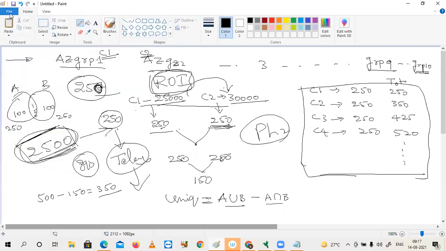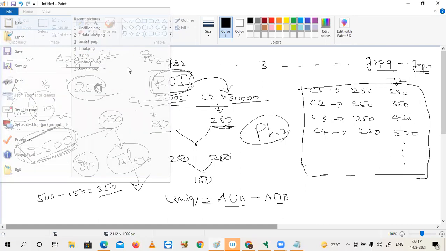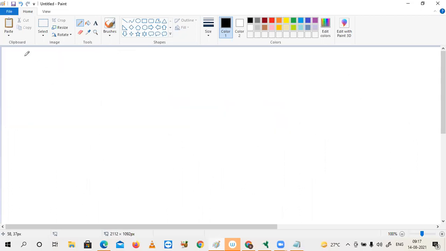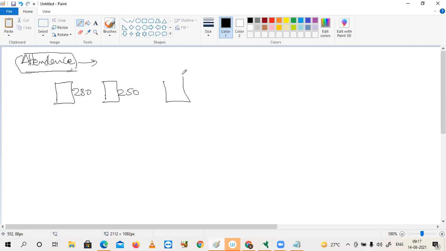This is phase number 1. Already this is our third weekend. Next week I need some analytics on attendance data. In the first session, we have 280 people. In the second session, we have 250 people. In the third session, we have only 180 people; before the break, we had 200 people.